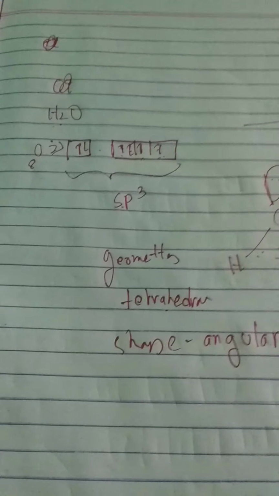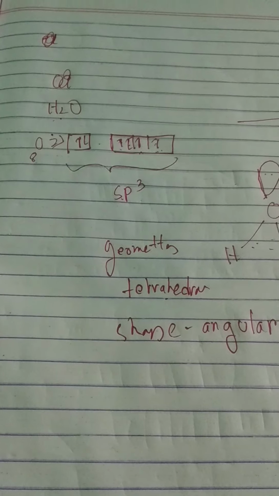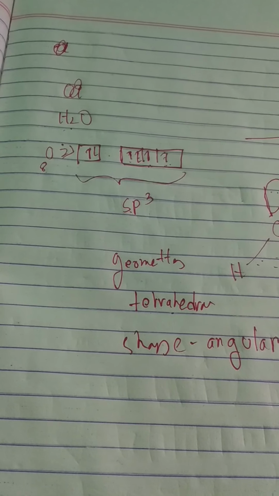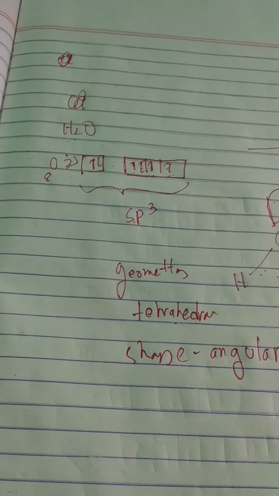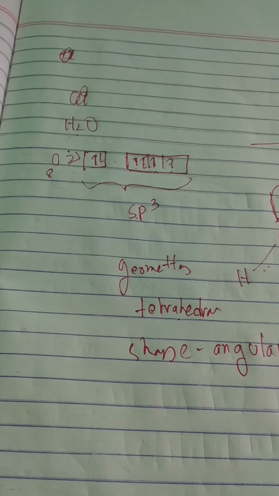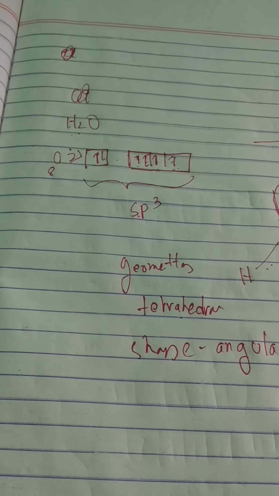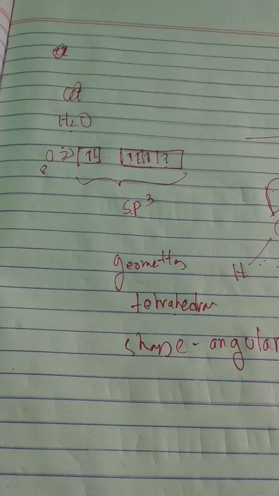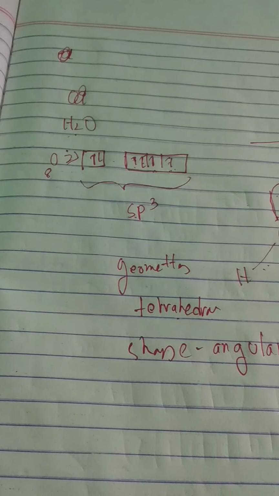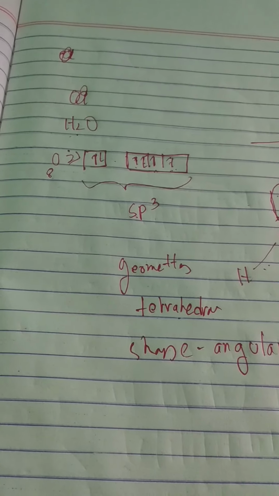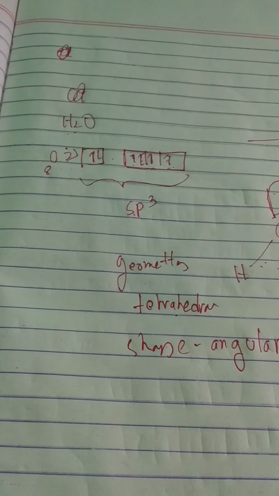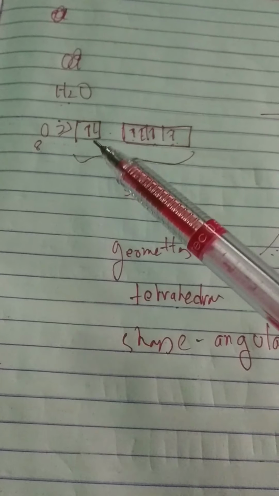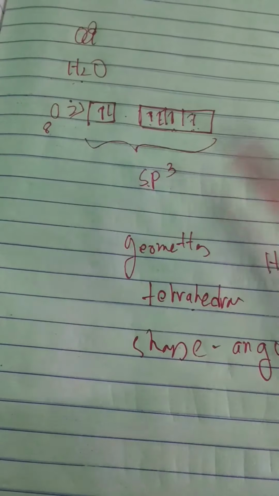Then we did the water molecule, and what we noticed is that the main criterion is you have to look at the valence shell of the central atom, and fill up the electrons, or transfer the electrons on the basis of the need of other atoms. Then you have to make that many unpaired electrons, as many as the neighboring atoms present in your molecule. Then you have to count the number of orbitals participating, and that is called your hybridization. You have to count the lone pair or non-bonded electrons also.